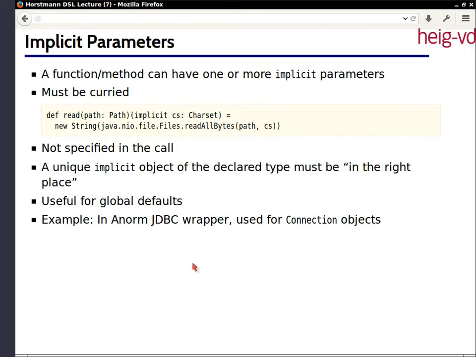And so I'll briefly explain the strategy, and then I'll show you an example in the lab that'll make it much clearer. So a functional method can have one or more parameters that are tagged with the word implicit. So I'll give you an example. Here I have a function read, and it takes a path, and it's supposed to produce a string. And when you read a string